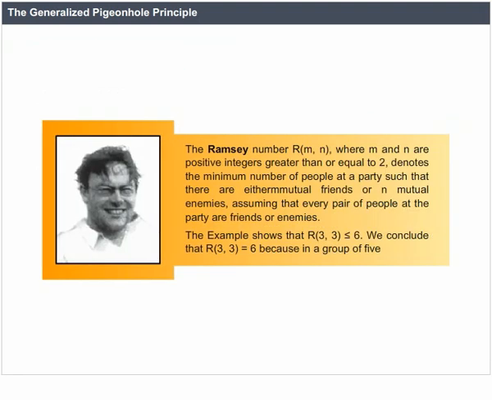The Ramsey number R(m, n), where m and n are positive integers greater than or equal to 2, denotes the minimum number of people at a party such that there are either m mutual friends or n mutual enemies, assuming that every pair of people at the party are friends or enemies. The example shows that R(3, 3) ≤ 6. We conclude that R(3, 3) = 6 because in a group of 5